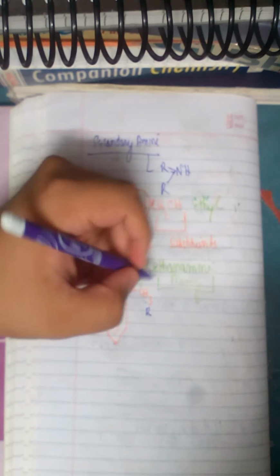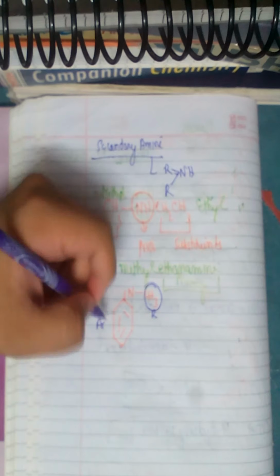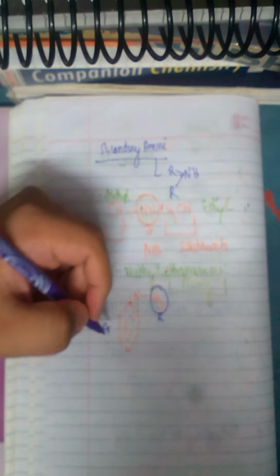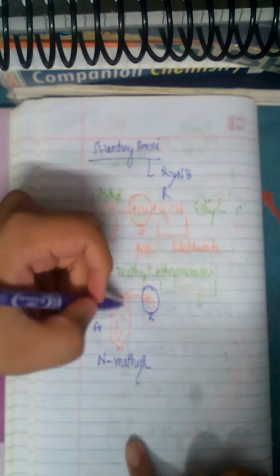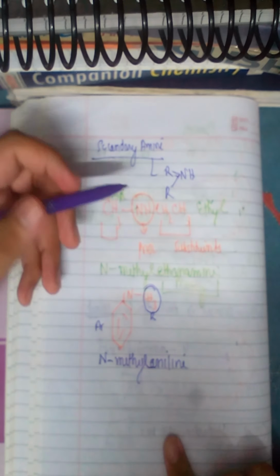The smaller R group gets the name of N-alkyl. So you can see that the methyl group and the phenyl group are there. The methyl group, of course, is much smaller than the phenyl group. It has 1 carbon, this has 6 carbons. So this becomes N-methyl. With the nitrogen, the methyl group is attached to the prior name of this. What is the prior name of this? The prior name is benzenamine or aniline. So this becomes N-methyl aniline. It is a simple aniline chain with a methyl attached to the N.